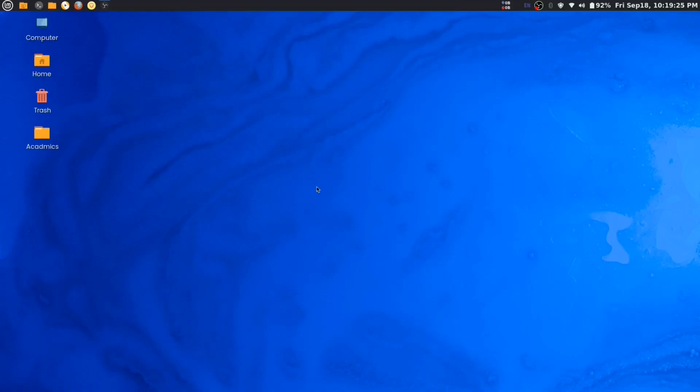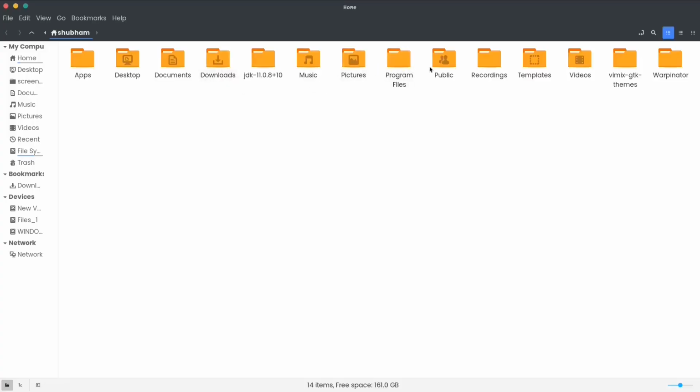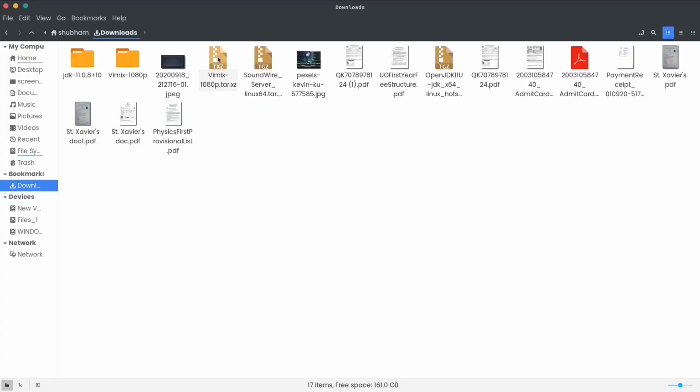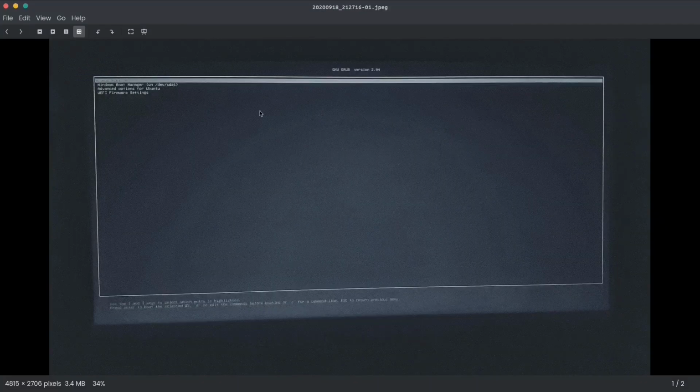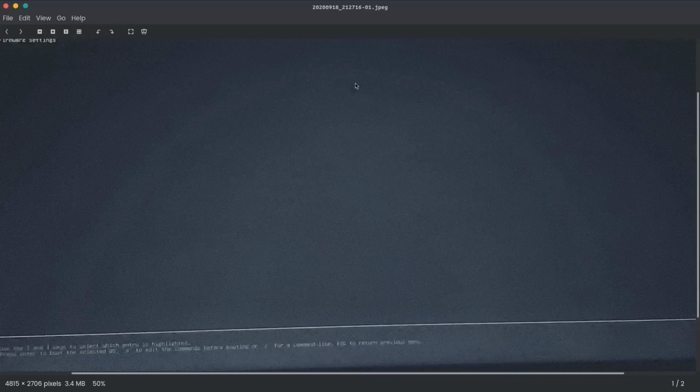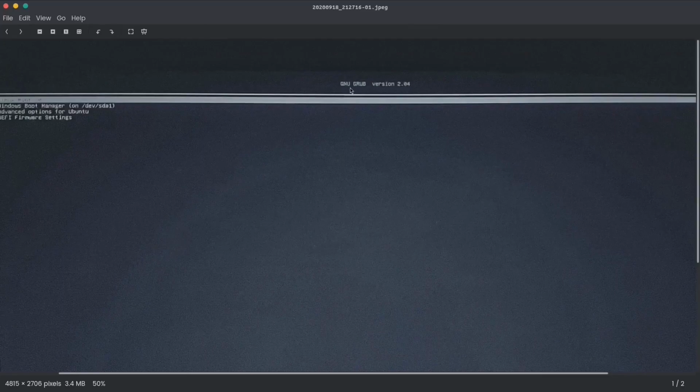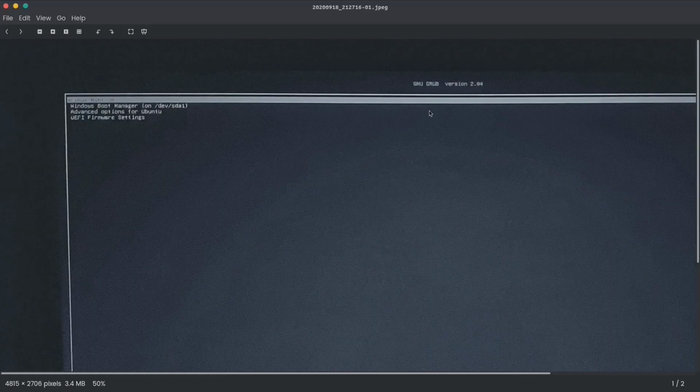In this video we will customize our Grub bootloader. So if you have dual booted your computer, you must be finding some screen like this. Grub is the default bootloader for most of the computers around the world. So this is the basic image that you will see when you boot your computer.